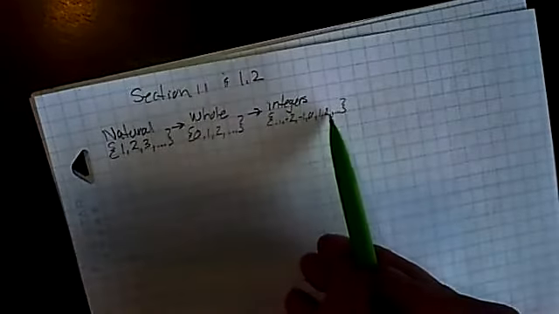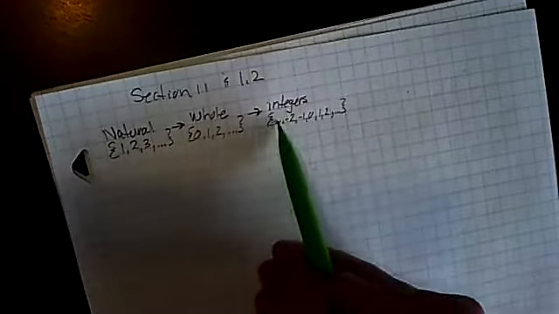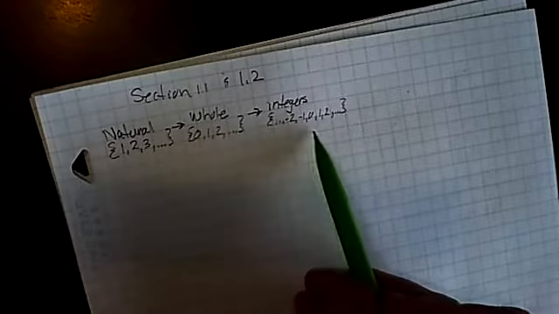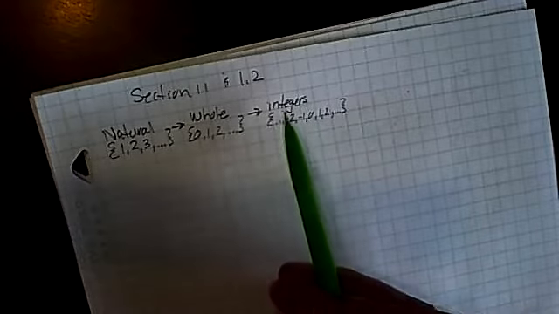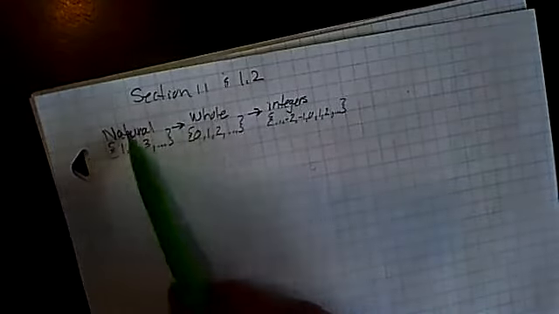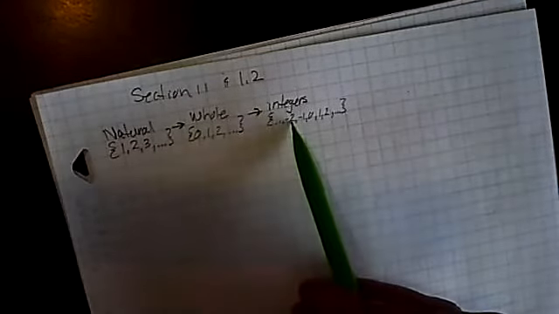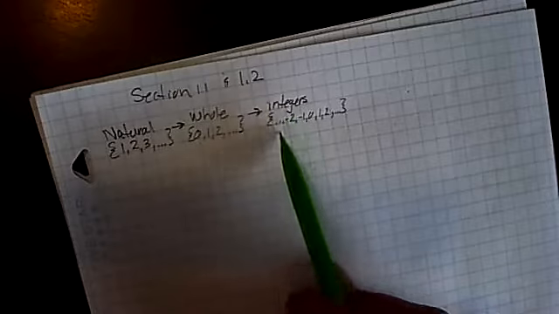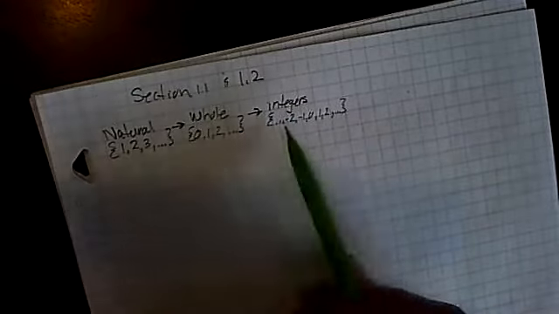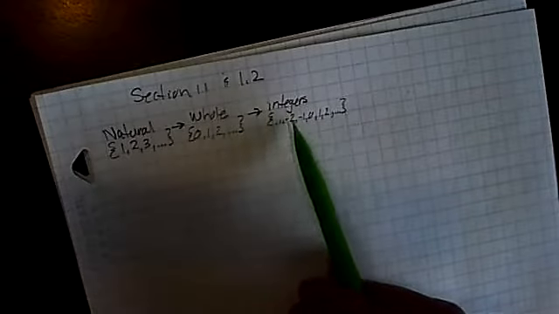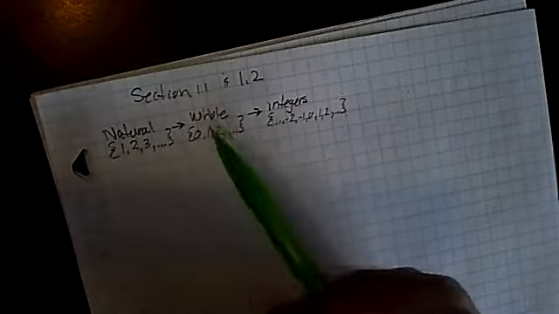So they go all the way. They go infinitely to the positive, and they go infinitely to the negative, but they're whole numbers, not fractions or decimals, including 0. So notice that natural numbers fall within whole numbers, and both natural and whole fall within integers. But integers do not fall just in natural. They do have natural numbers in them, but integers also have negative numbers, and the natural do not. All right, so